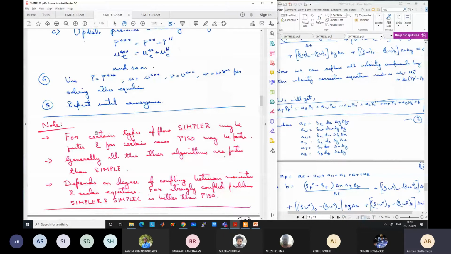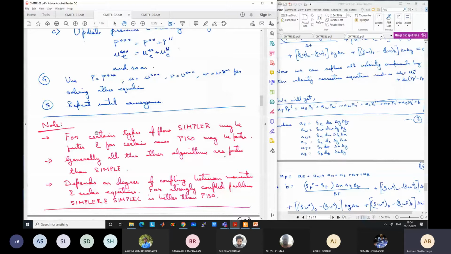Typically, it has been seen by using actual CFD calculations that in general SIMPLER and even SIMPLEC also give much faster convergence for very strongly coupled problems. Strongly coupled means velocities and everything are strongly related to each other. All the parameters are very much coupled to each other. If the coupling is less between the momentum equation and the scalar equations, meaning velocity is not strongly influencing the energy field or other fields, then PISO gives the better performance.